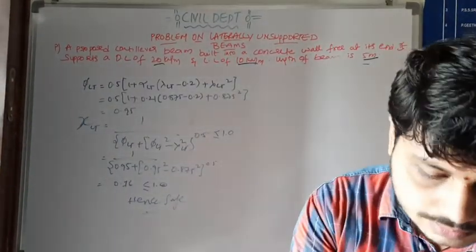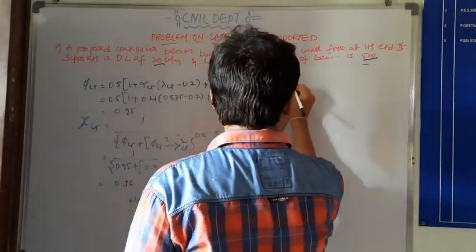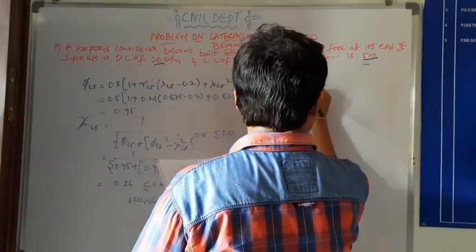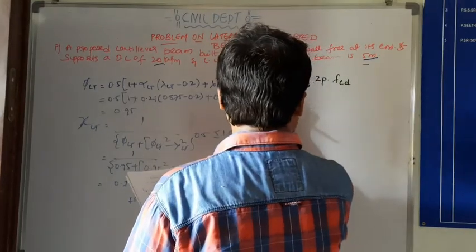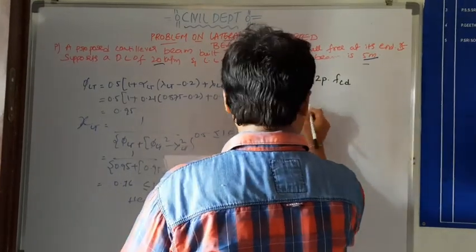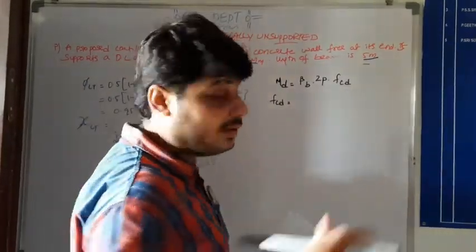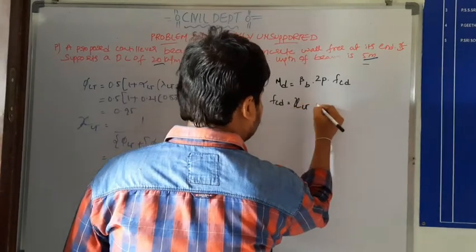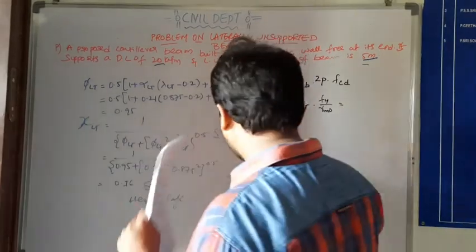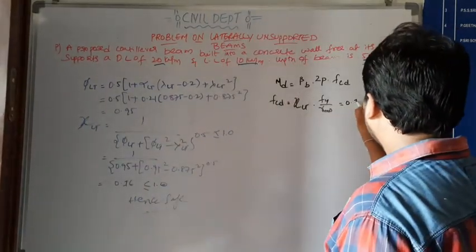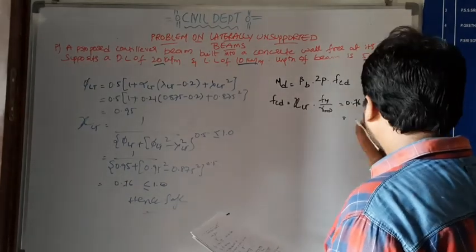Now design bending strength MD is equal to beta B into ZP into FCD. We don't know the value of FCD; FCD is Xi LT into Fy by gamma m0. Already we know the Xi LT value, 0.76 into Fy 250 by 1.1. So we will get the value of